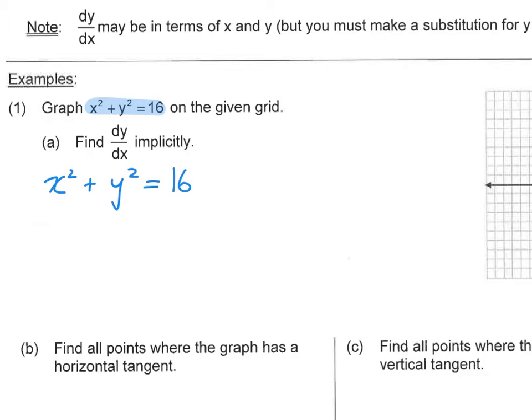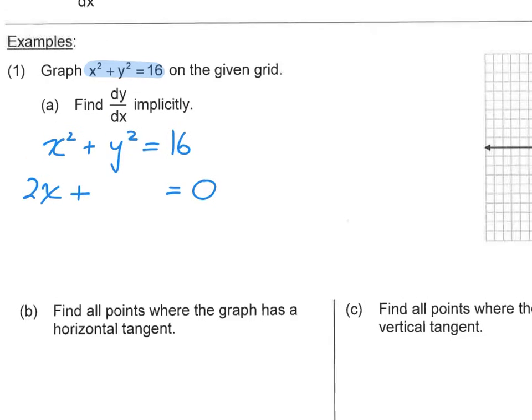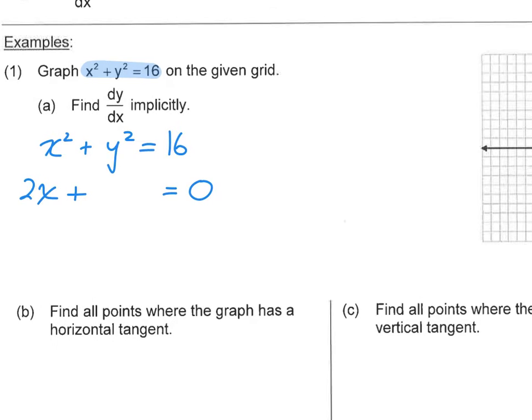All right. So this is the part that's kind of weird, because when you take the derivative of an x term, it's the way it's always been. All right. So 2x, and then that's it for that. We know the derivative of a constant is going to go to 0. The issue is we're going to take the derivative of y squared, but if we follow the process of taking the derivative, in general,